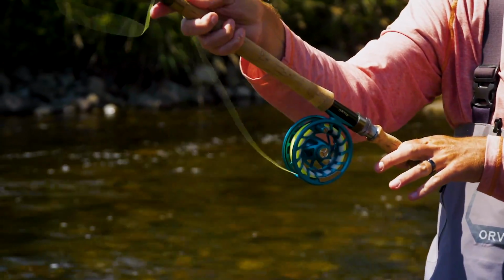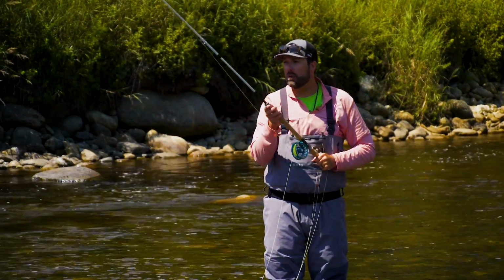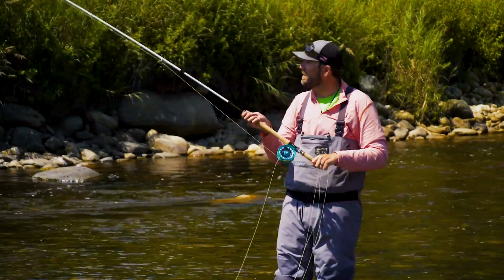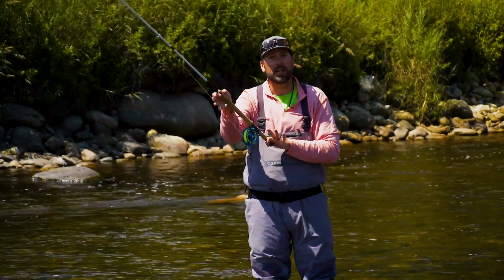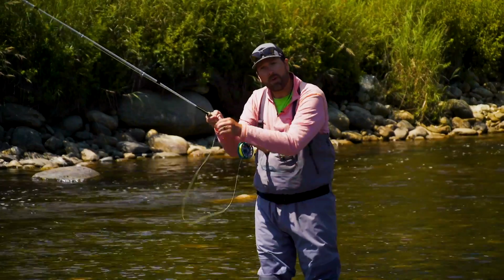By doing this, I have a lot less line in contact with the water, so it's going to be able to shoot a little bit easier. When I go to make this cast, I can set my cast up, make that delivery, and that line fires out pretty nicely, pretty quickly, and pretty effortlessly. If I strip all this line in,